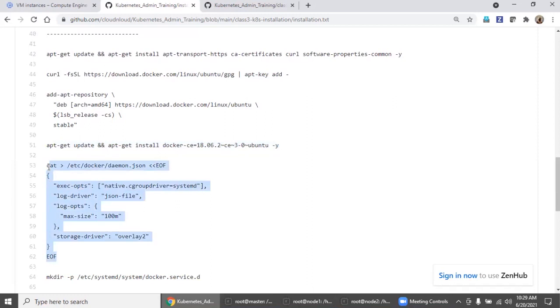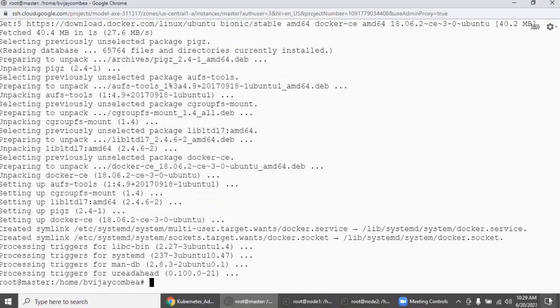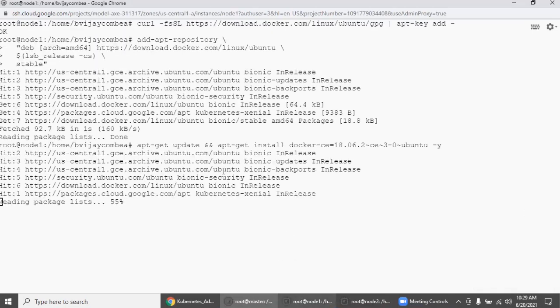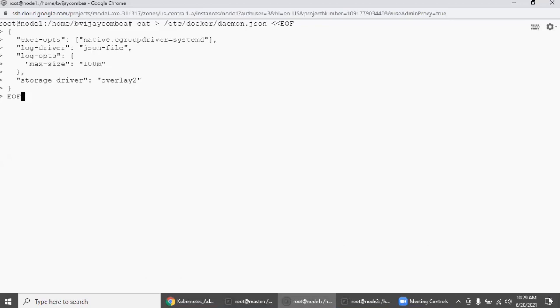And we are adding some settings, daemon.json, to restrict within our assigned resources. So I'm adding.